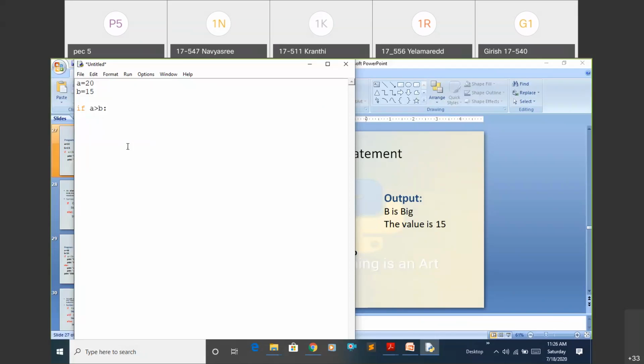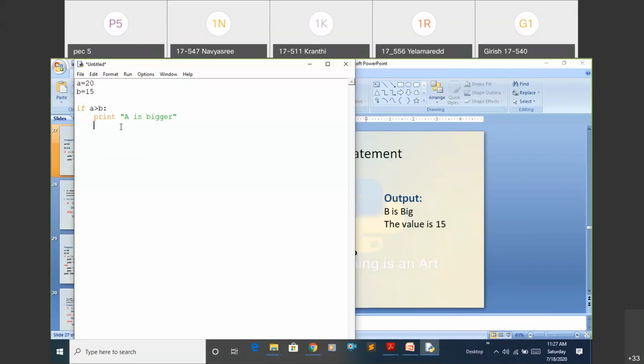Here I'm printing, just write print "a is bigger". You don't give a semicolon here. If I press enter, the cursor will move to the next line.